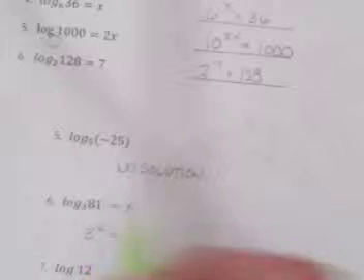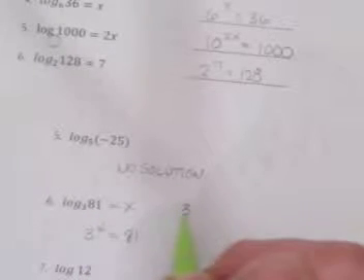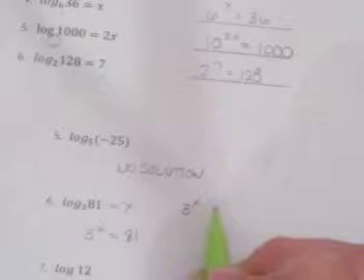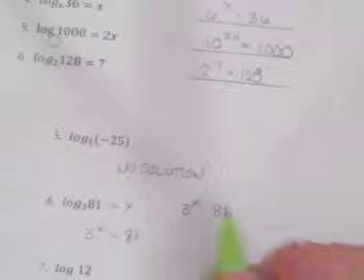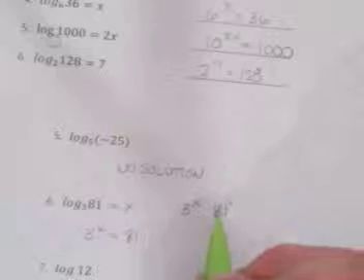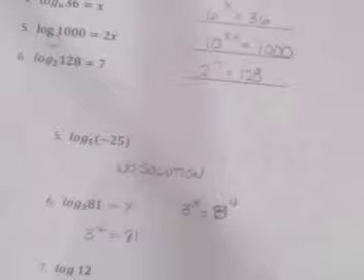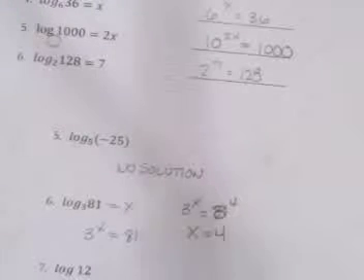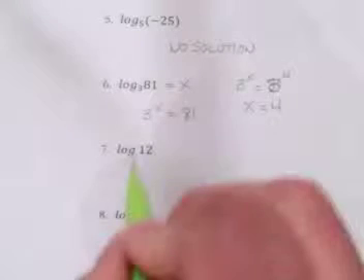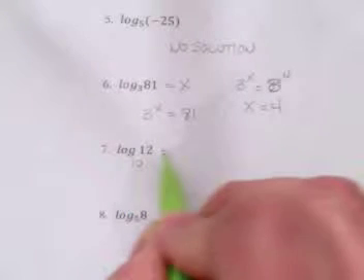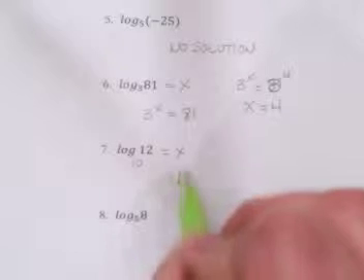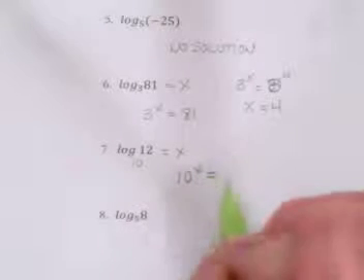In number 6, we rewrite this again as an exponential. 3 to the x power is equal to 81. And then we have to put them in the same base. 81, I believe, is 3 to the 4th power. Oops, that should be a 3. 3 to the 4th power, and therefore that leaves us with x is equal to 4. Once again, in problem number 7, I have a log base 10. So 10 to the x power is equal to